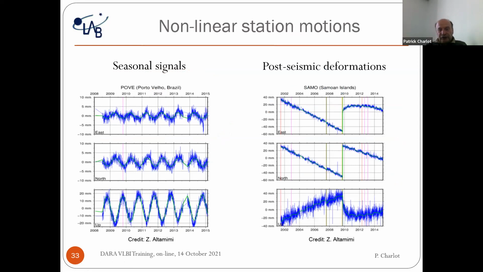I mentioned also that you can see from the data some non-linear motion. You see there are possibly some seasonal signals at some stations. This is an example for a station in Brazil, which shows